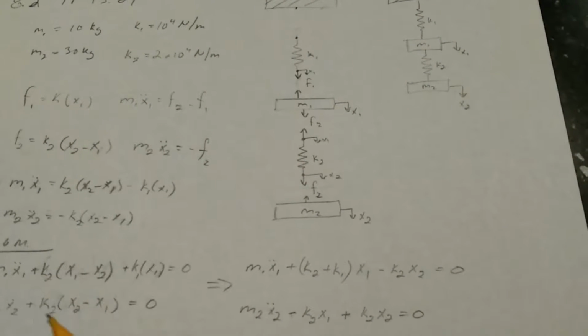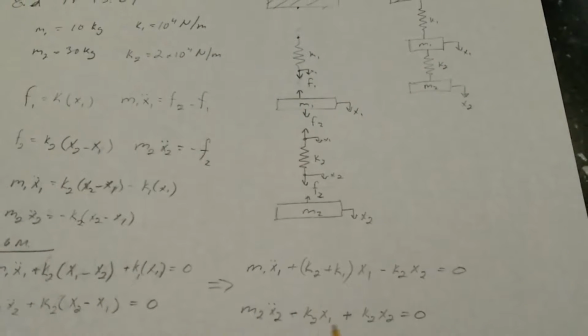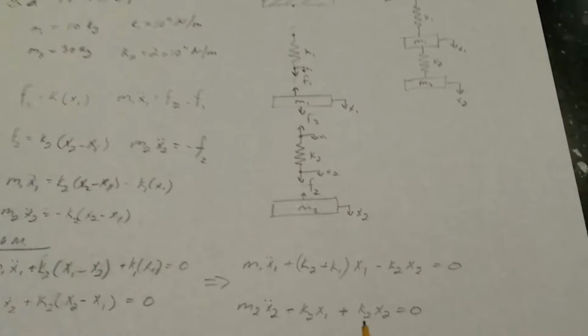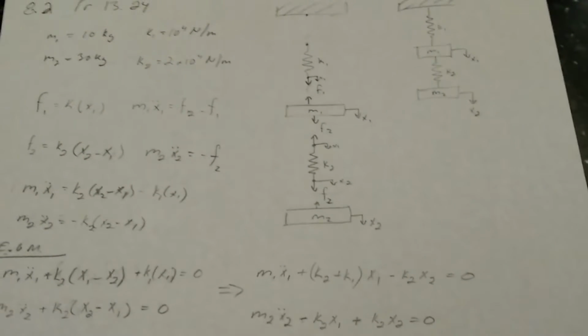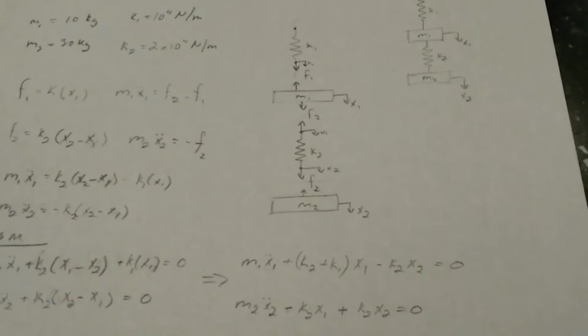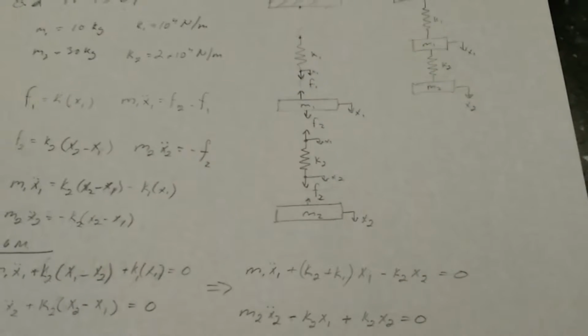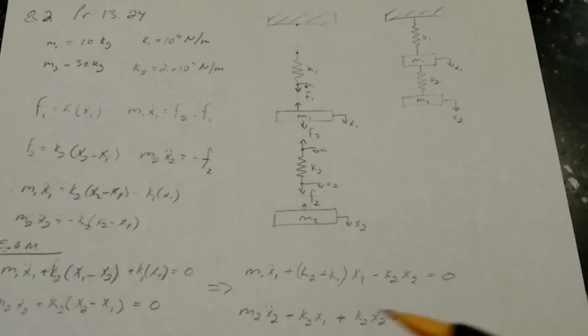And likewise for the second mass, as we have an x1 and an x2, I separated those here all on the left-hand side of the equation, which will help us in a second to put this into the right form. So after we have our two equations of motion, we can then make a